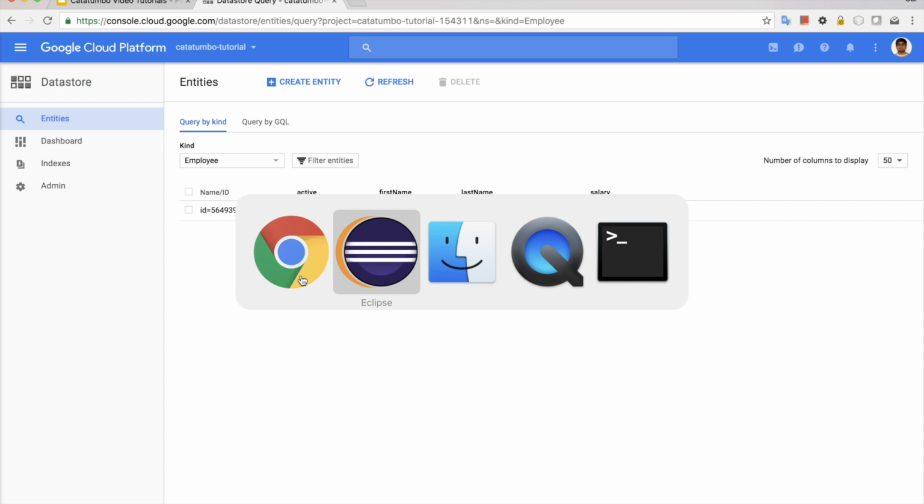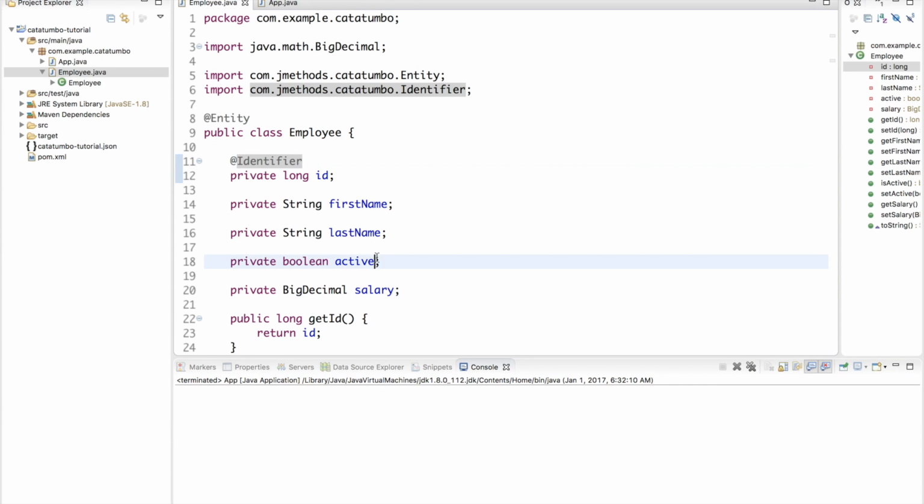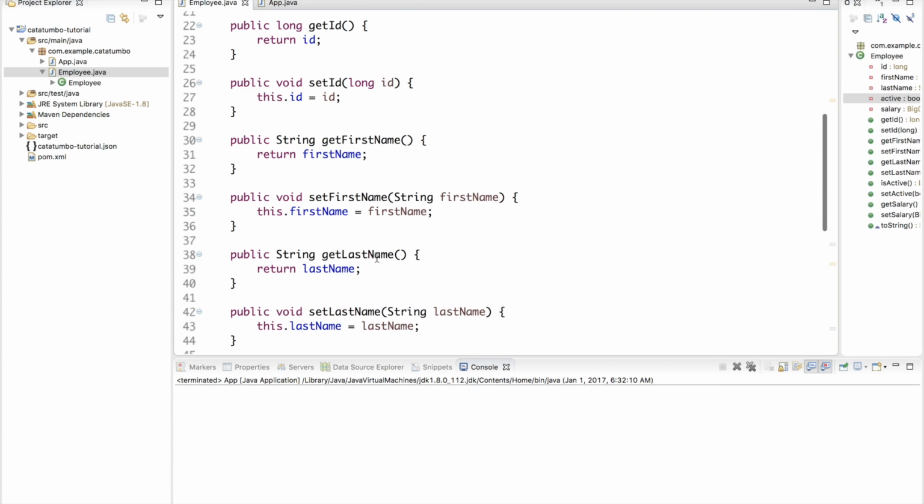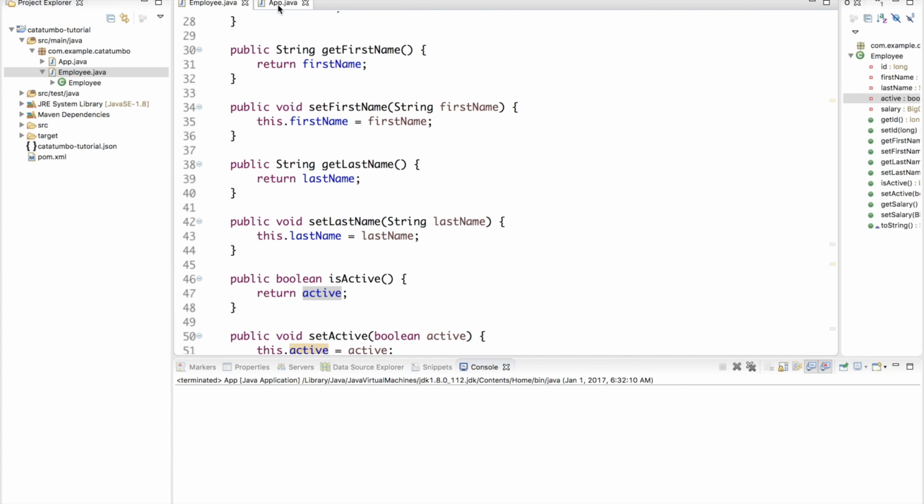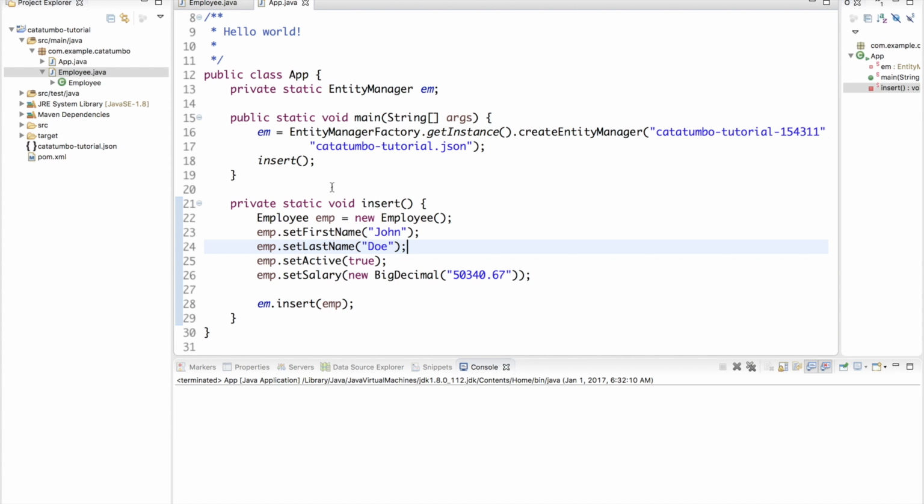So that's pretty much it. Now you can do all sorts of operations, not only insert, but also retrieval, updating, deleting, and so on. So let's go ahead and see how you could load an object. Now that we know the ID,